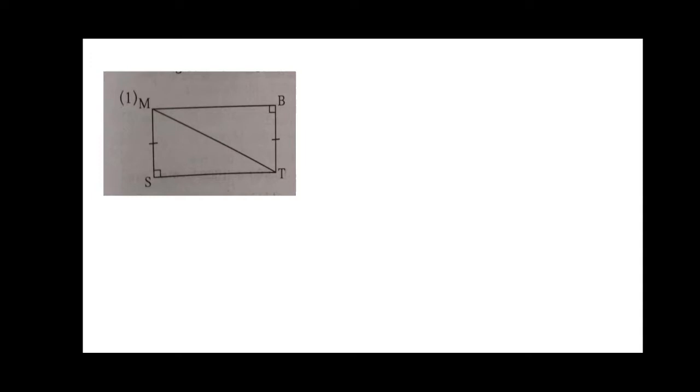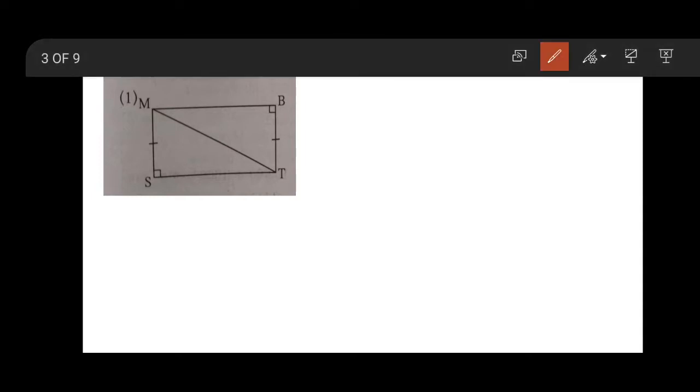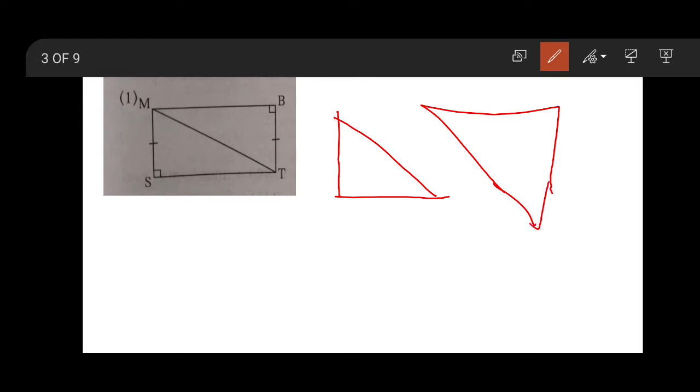Here, this is the first figure. Two different triangles are given here in this way. You can see a 90-degree angle. This only shows the test of congruencies. You can refer to the video on tests of congruencies of triangles. Again, the link is mentioned in the description.